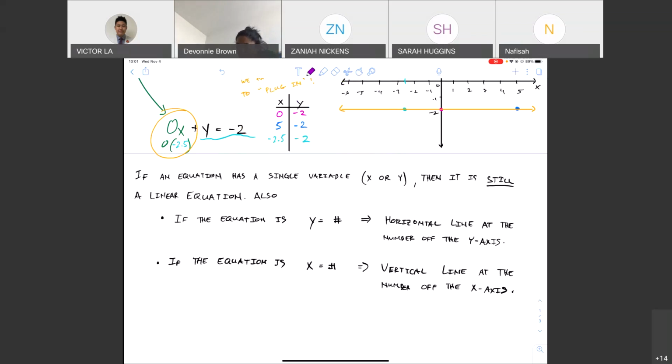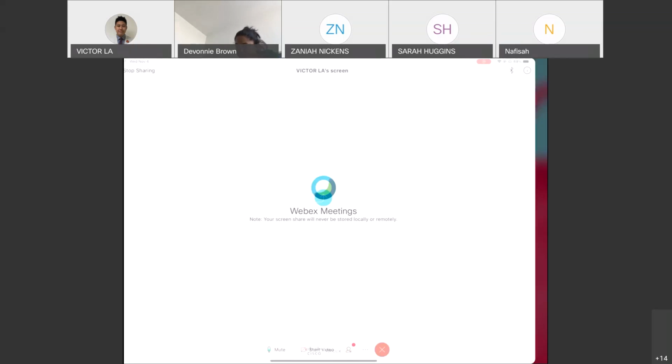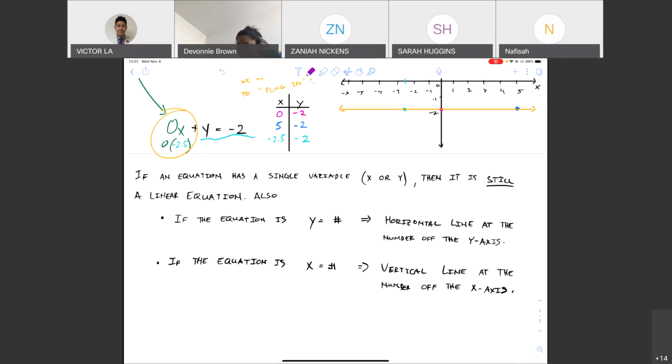For the first example, if the equation is y equals a number, right? That's why I put a number sign. Horizontal line at the number off the y-axis. Just keep in mind that slope is 0. The number 0. Actually, no. I should write 0. Let me write it out. Slope is equal to 0. And then underneath that, if the equation is x equals a number, it's a vertical line at the